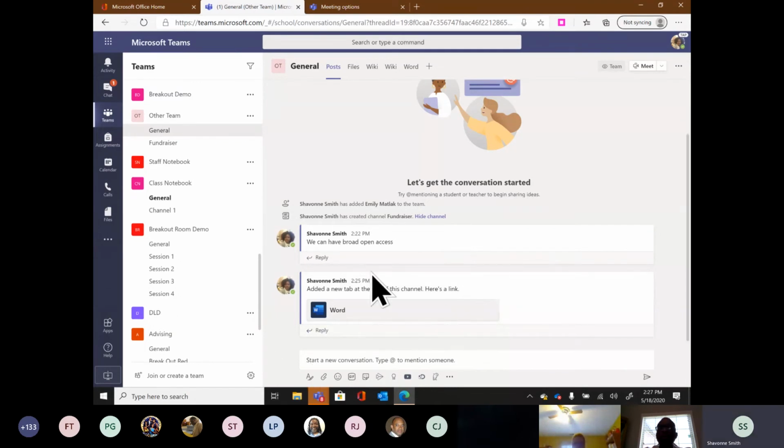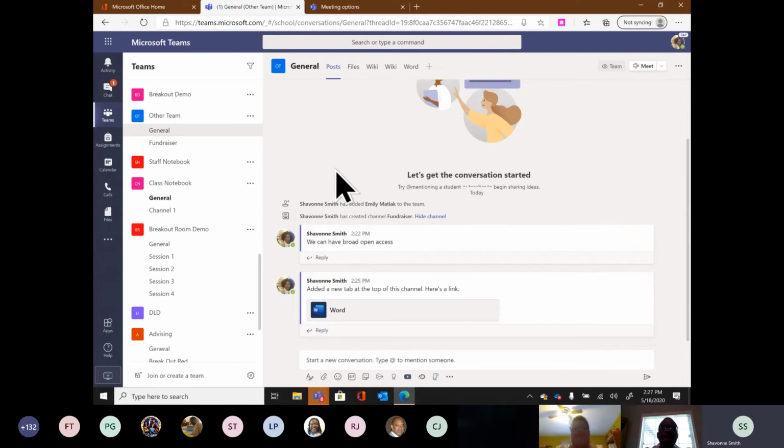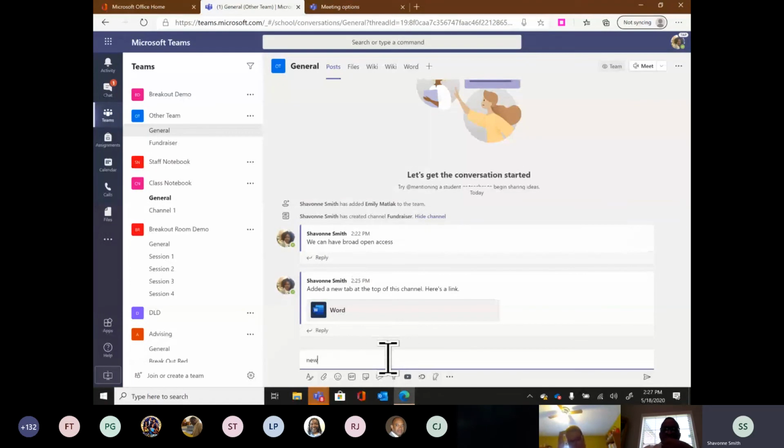Another thing I do want to show, and then we're going to do Q&A, is the great thing about this post space. If anybody's familiar with social media, you know that you have walls or you have comments and a place that you can go and share out on social media. When you have a conversation space within Teams, it is a threaded conversation, meaning that if someone asks a question here, instead of me going down here and starting a new response,